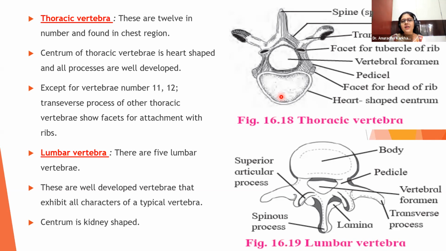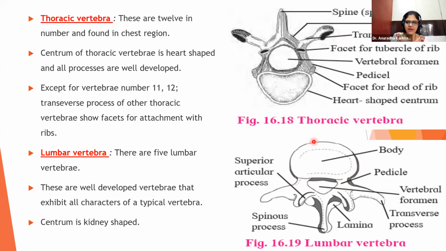Lumbar vertebrae का speciality देखो कैसा है. They are of course 5 in number. And they are well-developed vertebrae that exhibit the characters of a typical vertebra. And the centrum is going to be kidney shape. So just looking at the shape of the centrum, ना तुम्हें तुरंत पता चलना चाहिए कि ये thoracic वाला है, ये lumbar वाला है. हाँ, देखो इसका shape देखो, बिल्कुल clear है. It's just like a kidney. See, the centrum is just like a kidney,